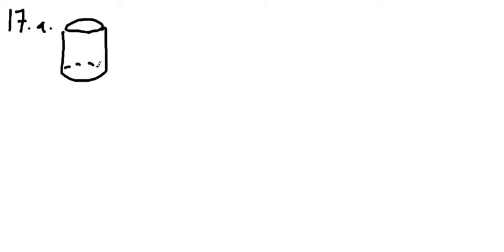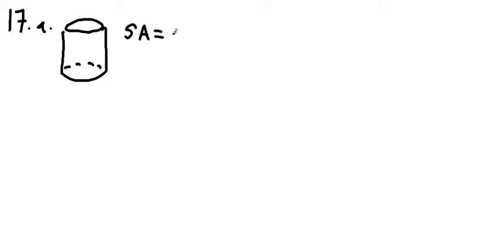Alright, so we're on to 17. Here's 17a. These are optimization problems, and this one is very similar to something we did in class. We have a cylindrical can, which we're given the surface area. The surface area